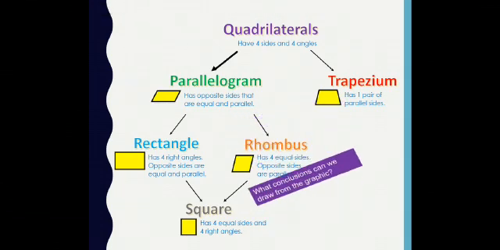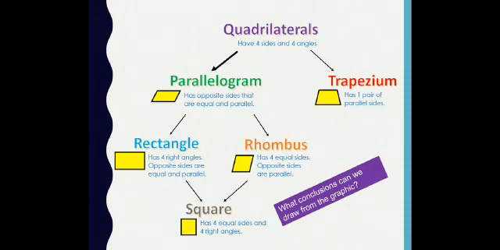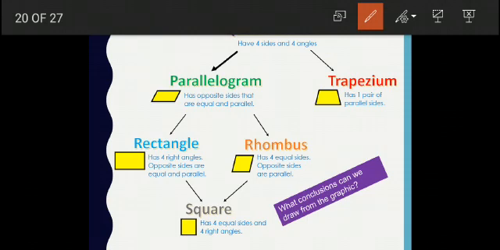Now children, let us have a graphic representation of all types of quadrilaterals. Here you can see I have split the quadrilateral into two types, a parallelogram and a trapezium. In a parallelogram both pairs of opposite sides are parallel, but in a trapezium only one pair is parallel. So a parallelogram can be further classified into a rectangle. The first type of parallelogram is a rectangle, in which opposite sides are equal and parallel, and if all the angles of a parallelogram become 90 degrees, then it becomes a rectangle.